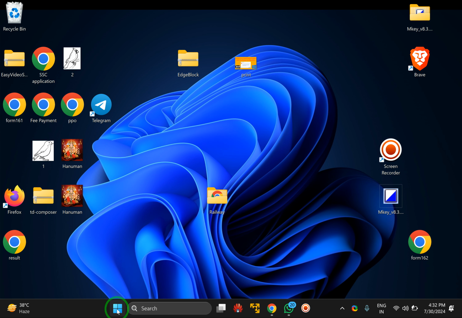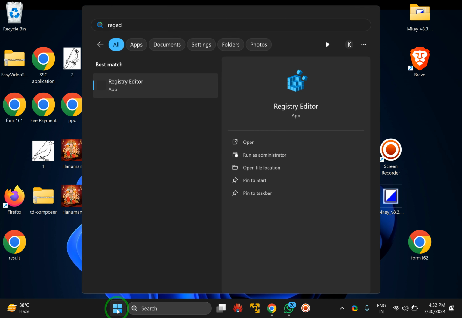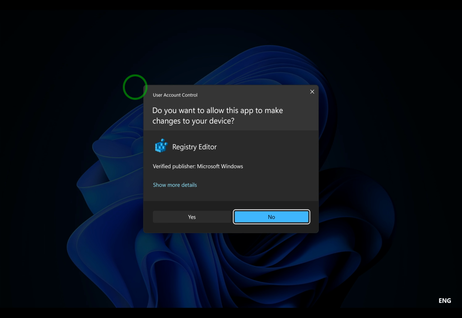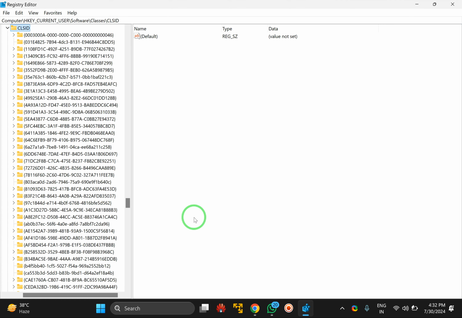So first click on the Start button and then type here regedit, and in the search results click on the Registry Editor entry. In case a prompt appears, click on the Yes button. Once Registry Editor opens, all you need to do is copy and paste this path from the video description. After that, press Enter on the keyboard. Now you will see